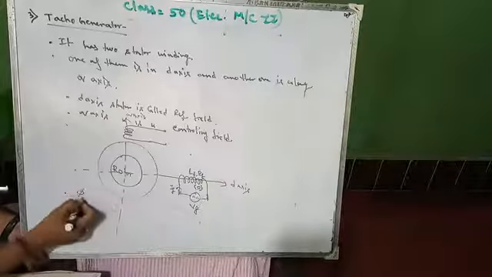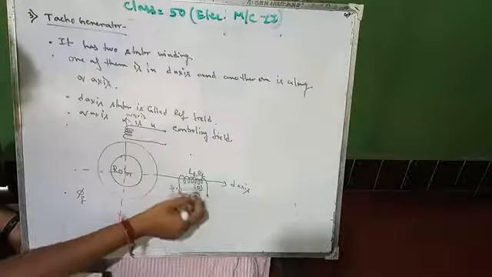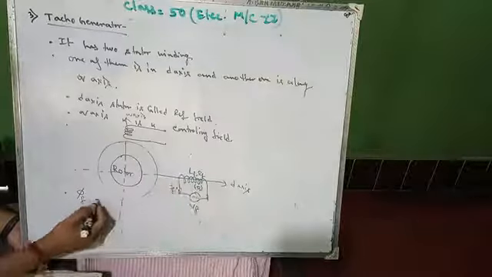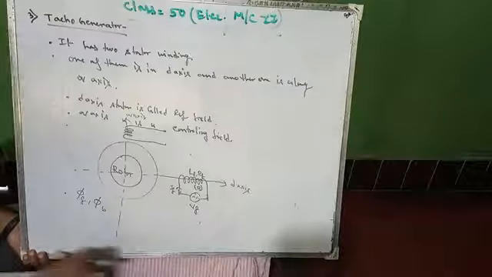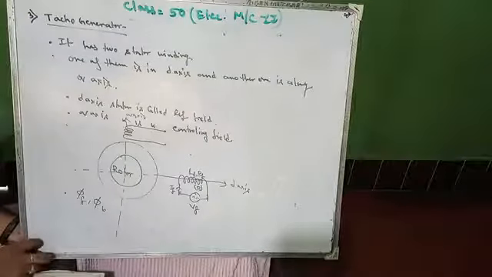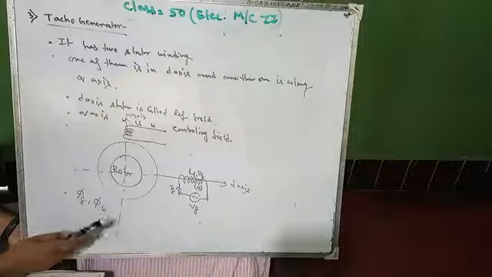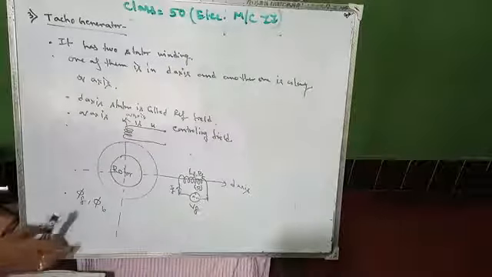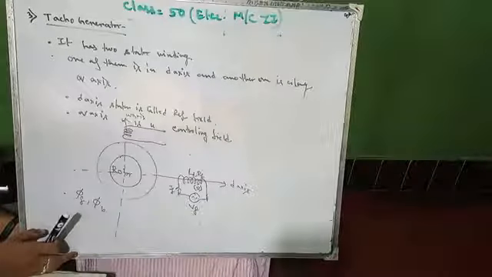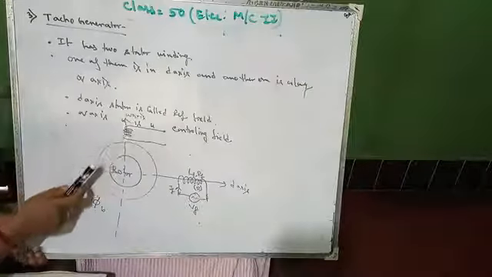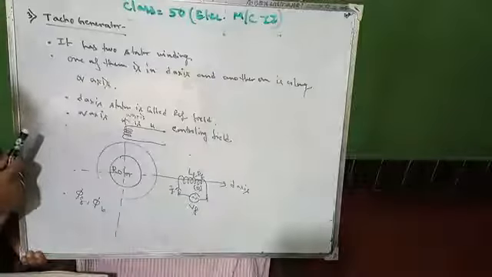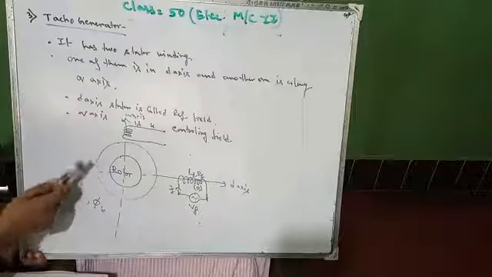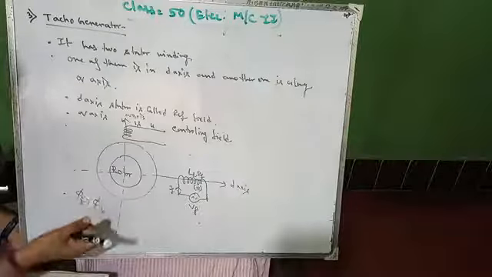We know if any single phase supply is given to an inductor, then it will simultaneously produce two fluxes, phi f and phi b. This forward flux and backward flux are generated, which is similar to a single phase induction motor, but here we need one extra field winding which is used to produce the starting torque to the rotor.